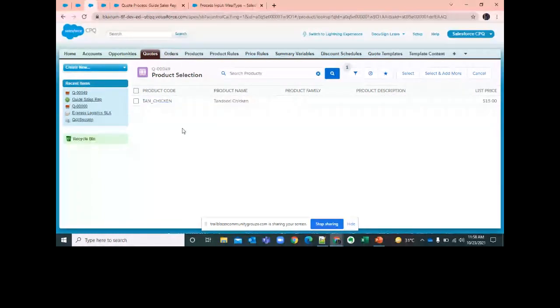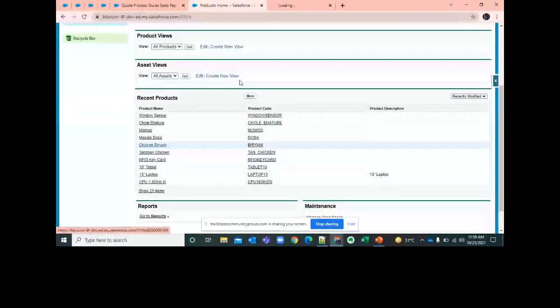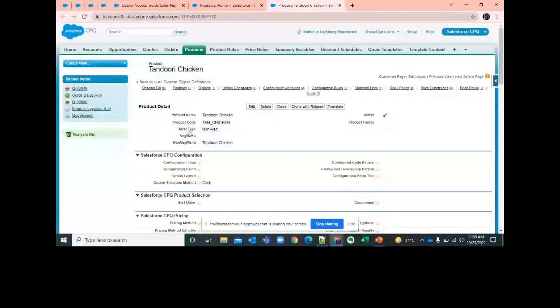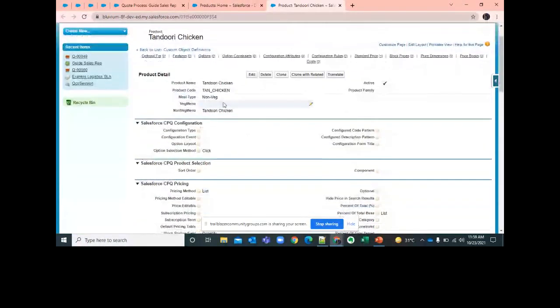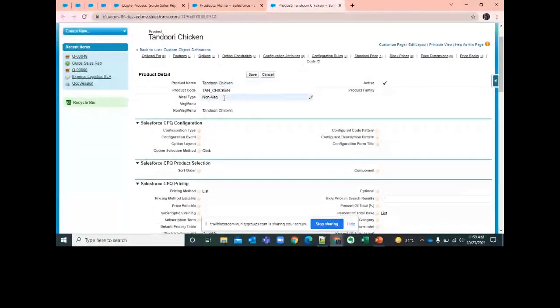Again, one thing which we usually forget while doing guided selling is that we have to populate guided selling fields on the product itself. If I haven't populated here that meal type is non-veg, then for the non-veg menu, how will this pick up the products?